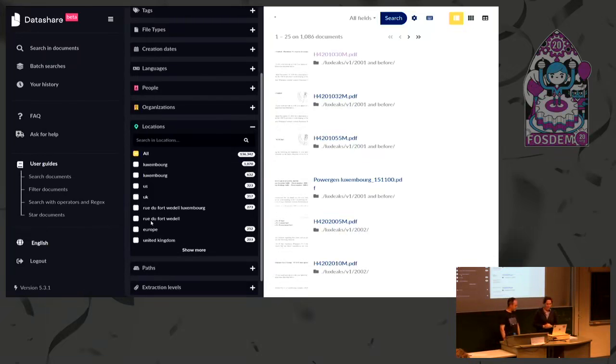So that's Datashare, and that's the way we developed it. So that was the past and the present of Datashare. And about the future, we would like to develop lots of things, just like adding comments on documents, because I also have access to documents.